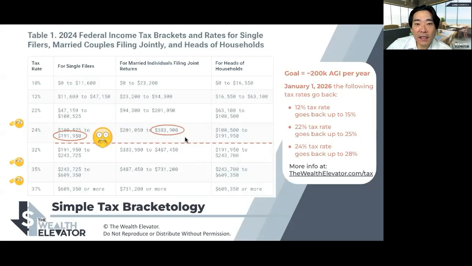In these cases, once you hit $383,000, the next dollar is going to be taxed at a little bit higher tax bracket. For most of our clients, what we say is try to stay under, or I guess above, this red line. And you're probably saying easier said than done, right? I make what I make. But now that we're investing in real estate and able to offset our passive income, we're able to have much more control of what our adjusted gross income is.